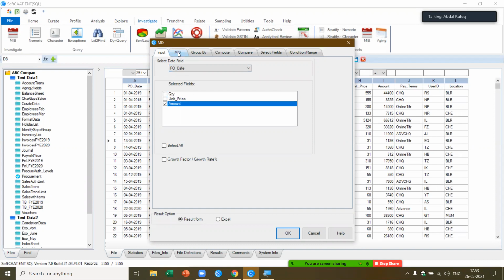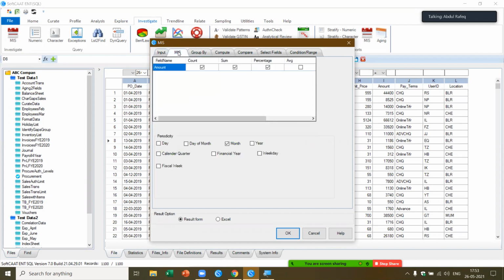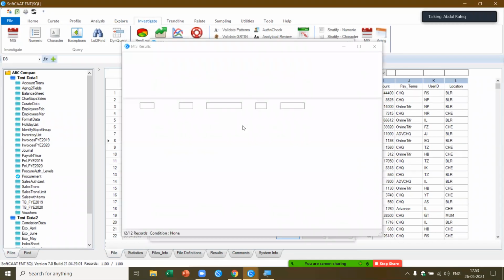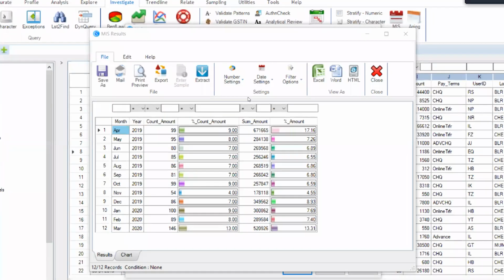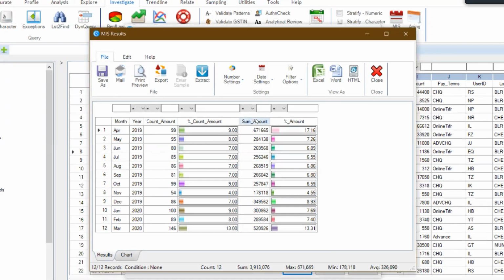Now let's see what I want to do. I click on MIS. Now I want to find out the sales, let's say, month wise. It's already clicked here. I say month wise. This will group and tell me what the sales are month wise. If you see here, in a few seconds, I've got the total sales for each of the months. Now I want to see in which month the sales is the highest. I just do a single click. I'll be able to pick up in which month the sales is the highest and in which month the sales is the lowest. I can do the same analysis based on the count, and I can also pick up that information.